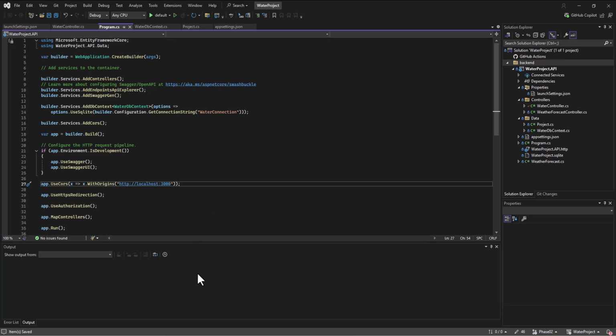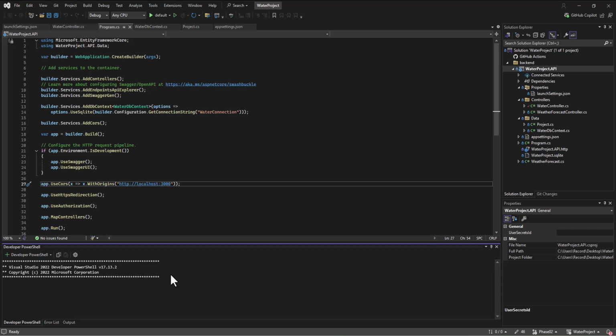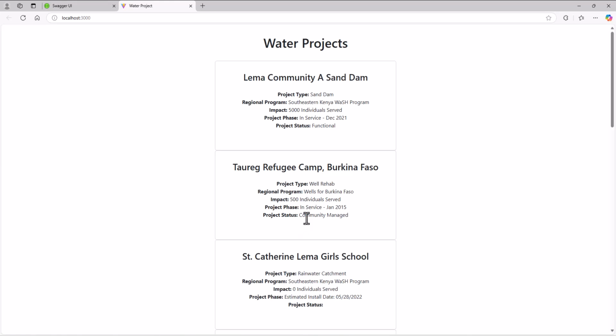All right, so I'm going to pull up our terminal. And I'm going to do my .NET. What's the command? Remind me. .NET, I have it here somewhere. Watch, run. So we get this running the server. And then I'm going to come over here and do my cd frontend. And then npm run dev. We got it on 3000, but we're still not, we do get data.